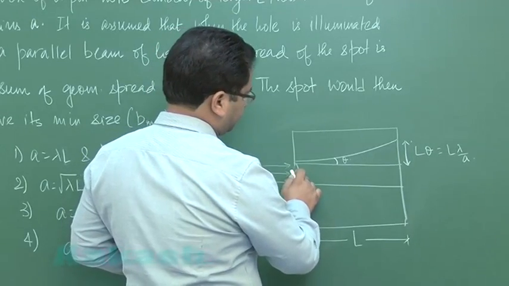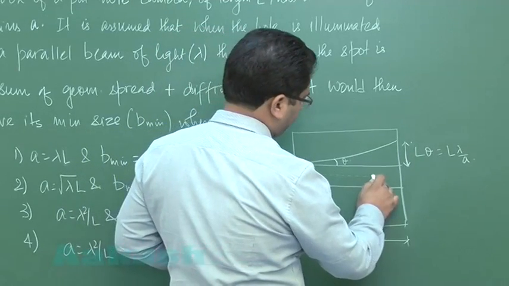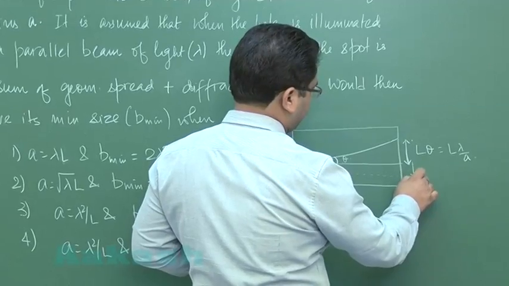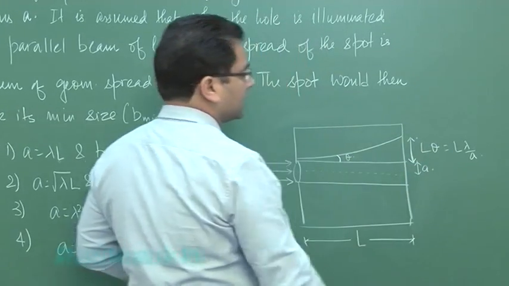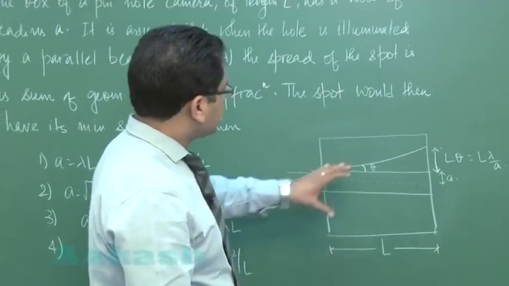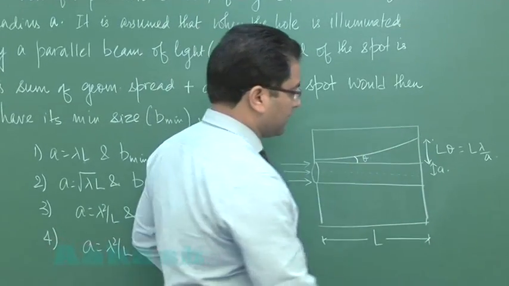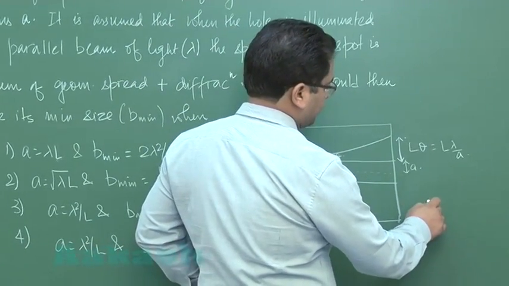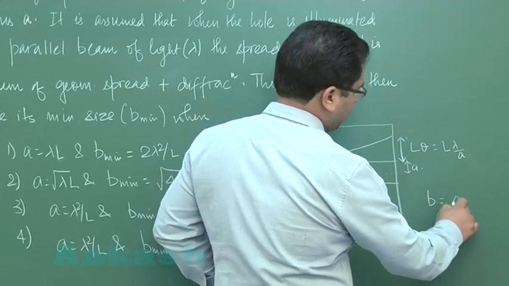And this is the radius, which is A. Now the size of the spot here would be, let me say that the size is B, what has been said is A plus